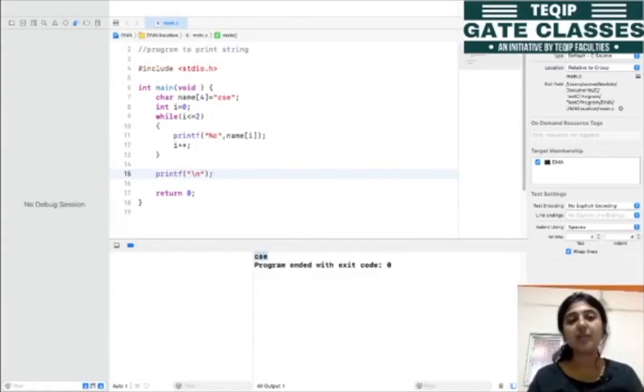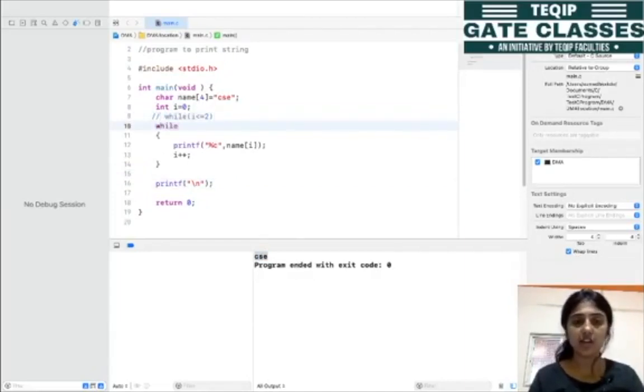Here we have passed the length of the string. Instead of this we can use one more thing, that is the property of the null character. So how can we do that? name of i, जब तक is not equal to, है ना, जब तक कब तक, जब तक we don't get this \0.